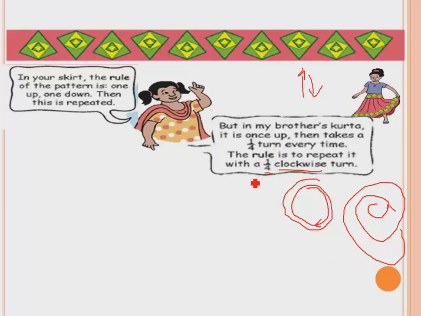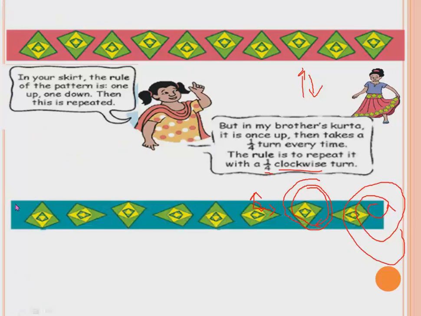Understood? Now, the 1/4 turn. In the earlier units we have already learned what a 1/4 turn is. If this is here and it comes to here, then this is a 1/4 turn. From here to here it takes a turn, then it is a 1/4 turn. Yes or no, children? Now see the pattern. Here it is up. Then it has turned from here to here. So this is a 1/4 turn. Then from here it will come till here. Then here. Then it comes to the same position, and the same will repeat again.